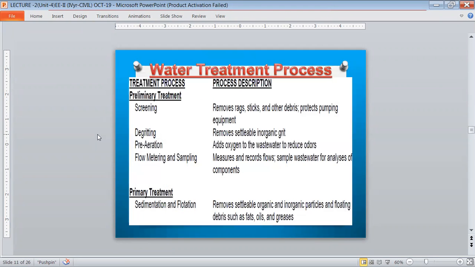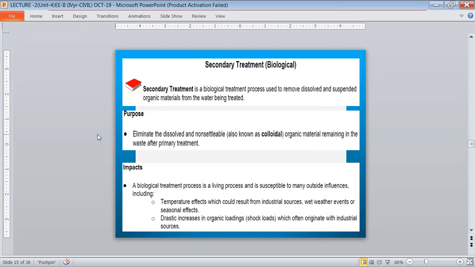So if you see the other concept of the sedimentation tank,